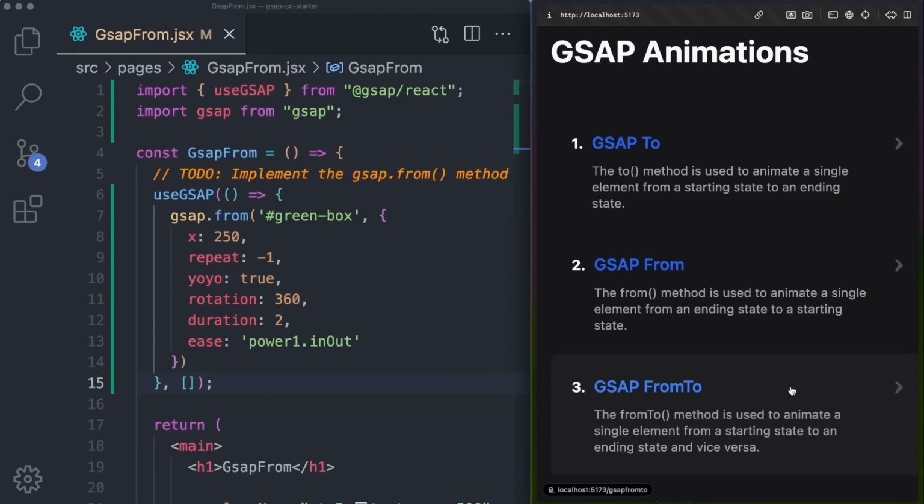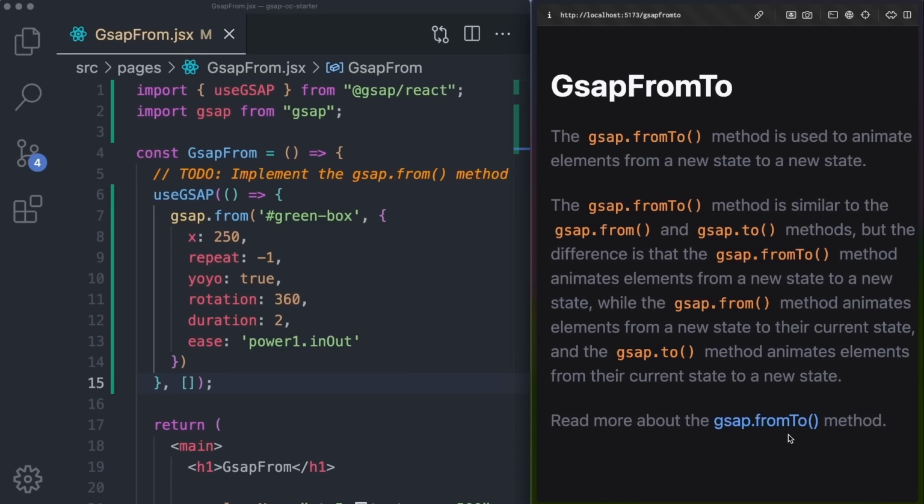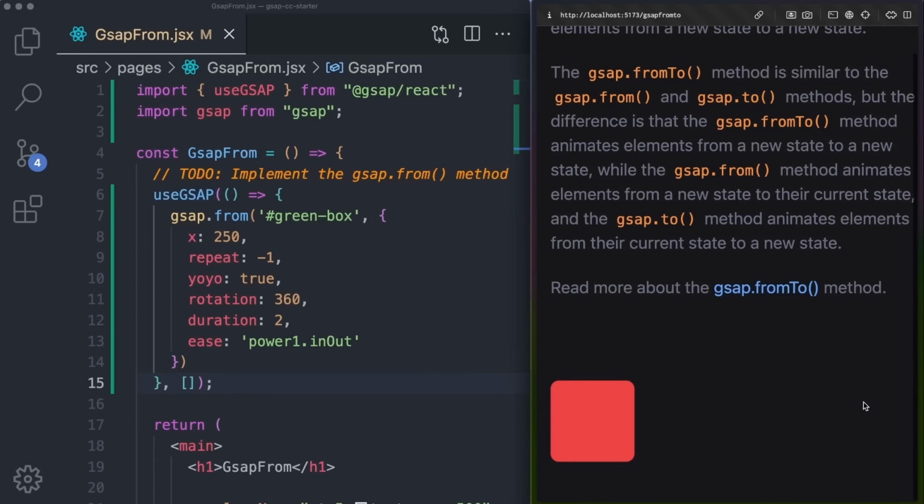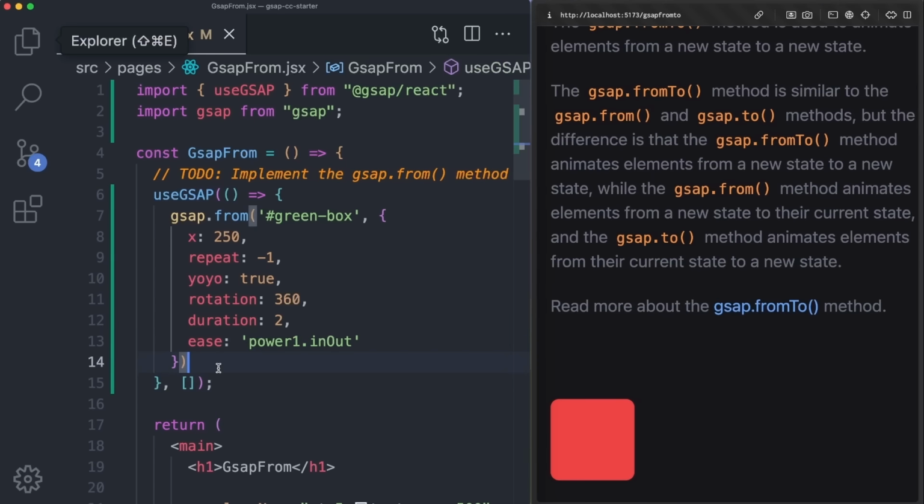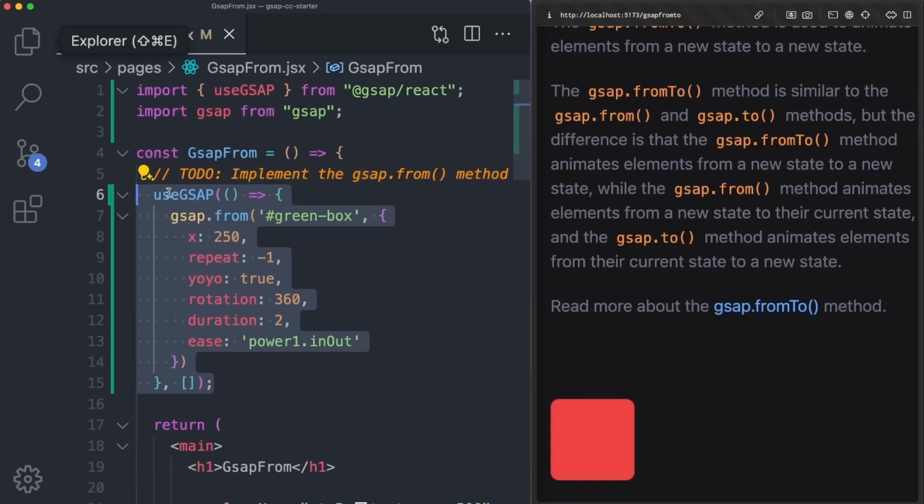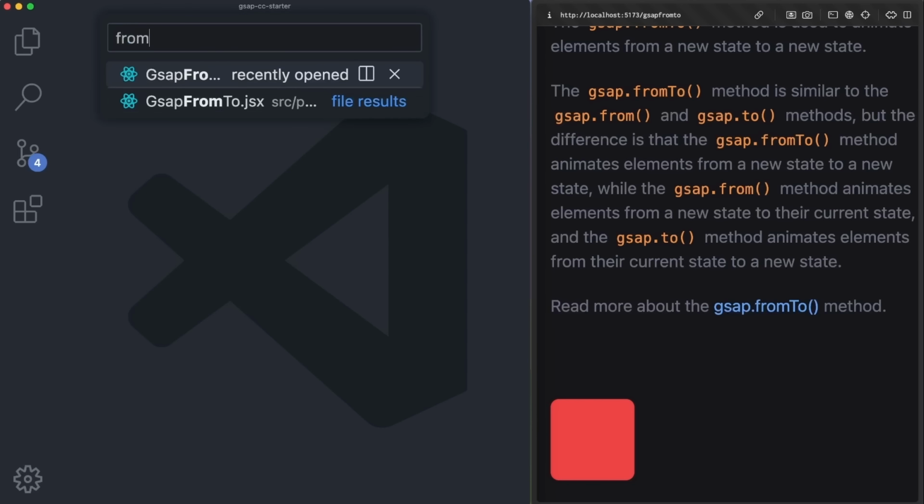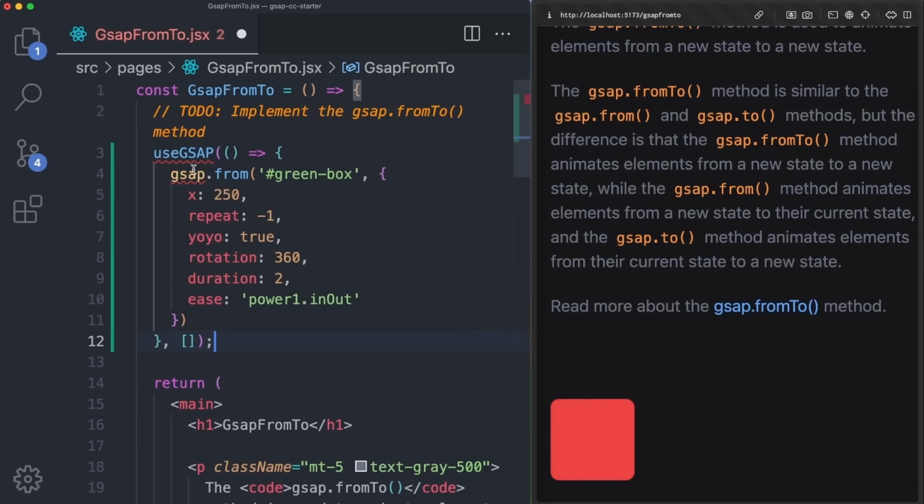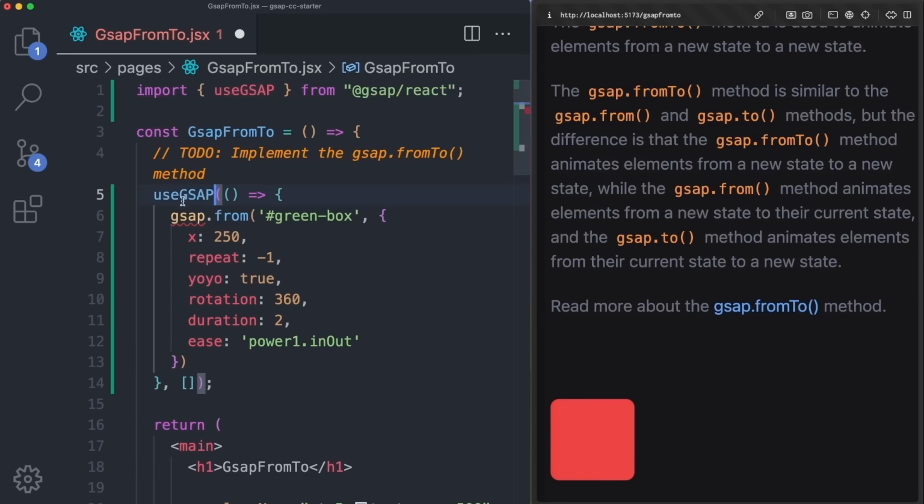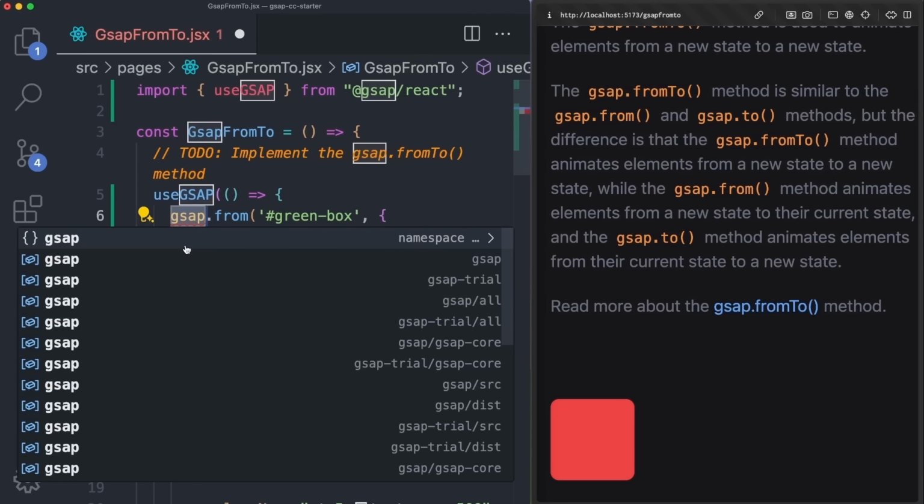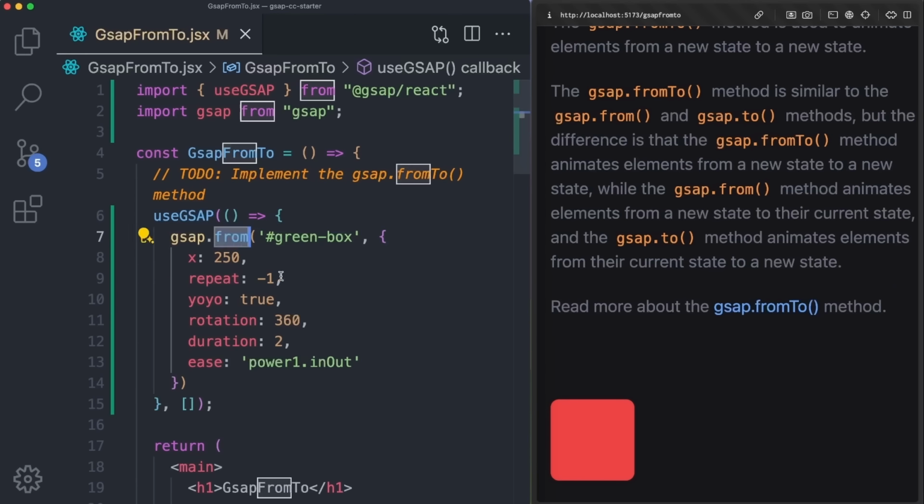The next method of the day is gsap.fromTo, which, as the name suggests, is used to animate elements from a new state to a new state, similar to from and to methods, but the difference is that here you can define both states. So if we scroll down, we can copy the entire thing we have here and navigate to fromTo. So let's paste what we copied, import the hook as well as GSAP. We can modify the method from to to fromTo,